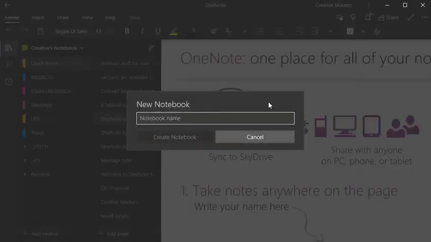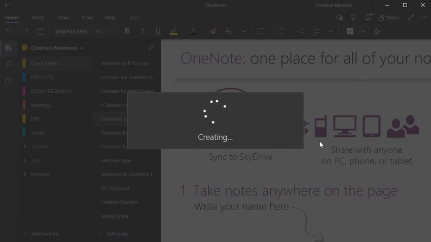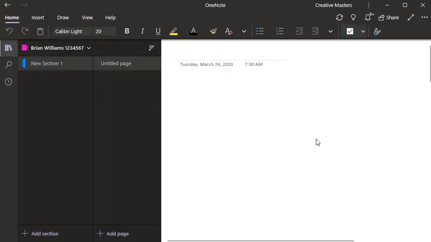So I'm going to call this notebook Brian Williams, and I'm going to put my ID number after it, right? That's just a placeholder, and I go to create notebook, and it will start creating the notebook. Now notice when I create this notebook, it's actually being created in the cloud, right? And when I say cloud, I mean under your Microsoft